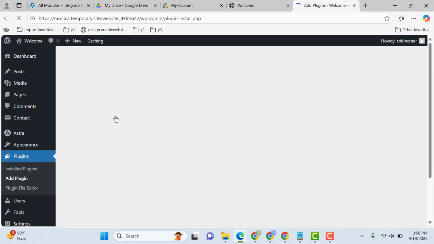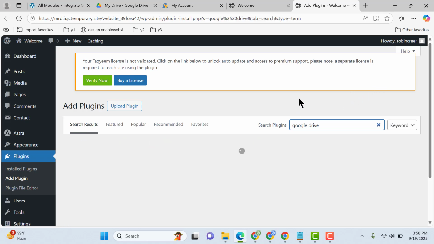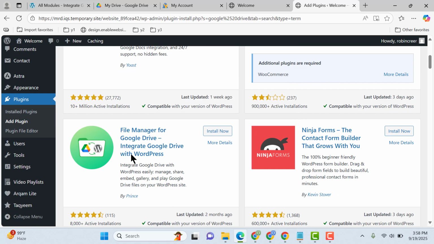You can go and click on add plugin. Here you can search for Google Drive and you will get different plugins. You can try one by one. So here we are going to use this one, File Manager for Google Drive. You can install this plugin free of cost,